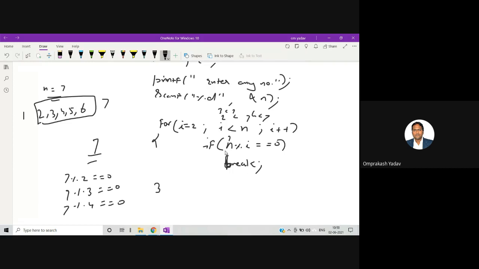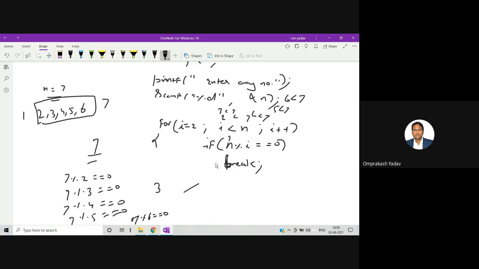No, i will be incremented by 1. i will become 5. 5 is less than 7, yes. It will check if 7 mod 5 equal to 0. No, it will not break. Then i will become 6. Now 6 is still less than 7, yes. It will check whether 7 mod 6 is equal to 0.